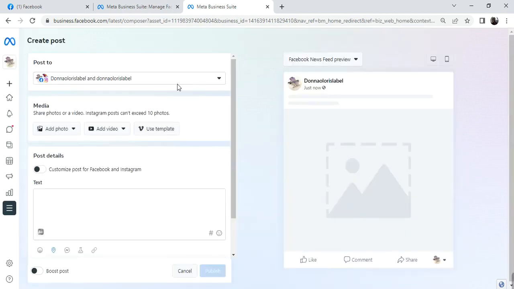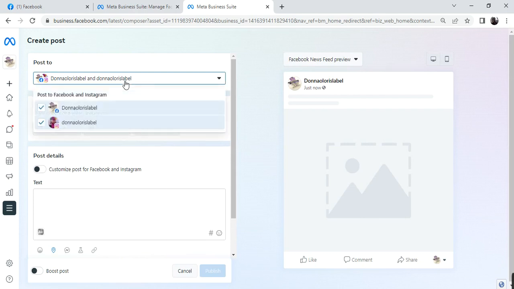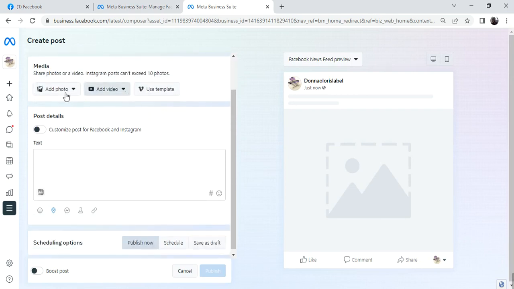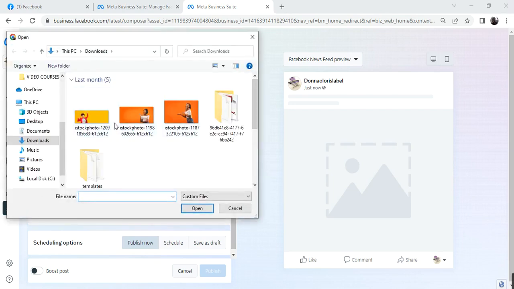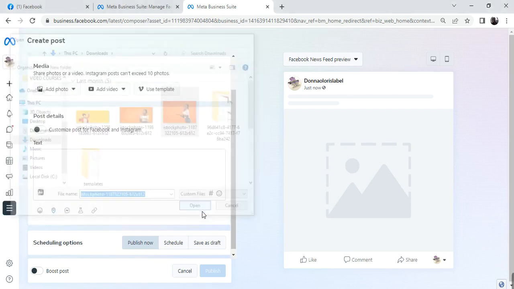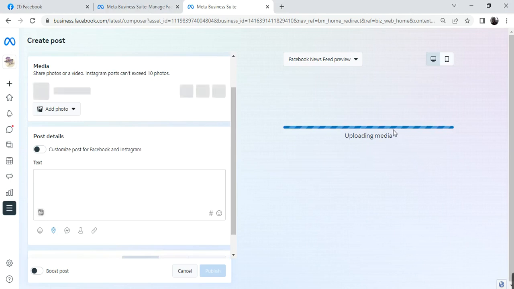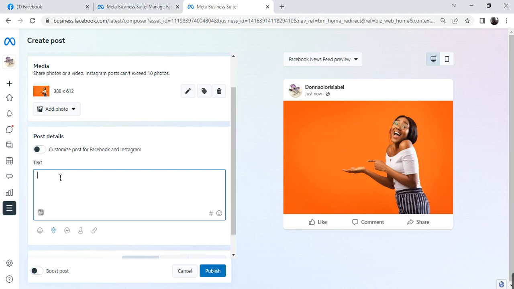you now select the page. That's for this particular page. You want it to be both for Instagram and Facebook at the same time. So let's say you want to upload a photo. You can do that from your desktop. I can just click on this. When you do that, it uploads here, and you can work on any text you want to put. I can say welcome